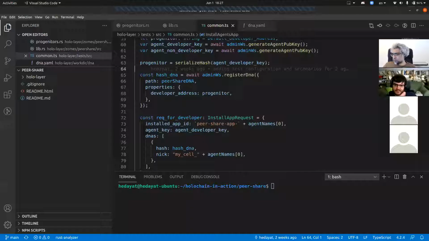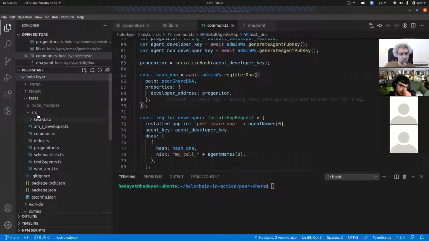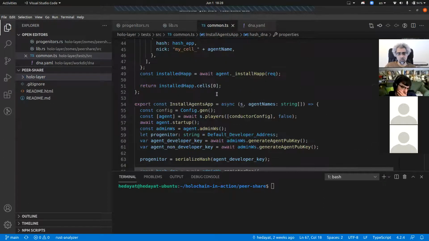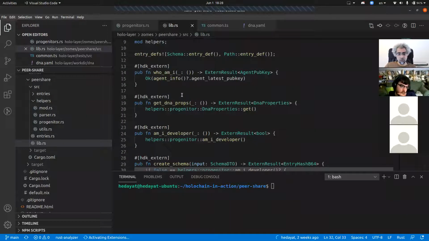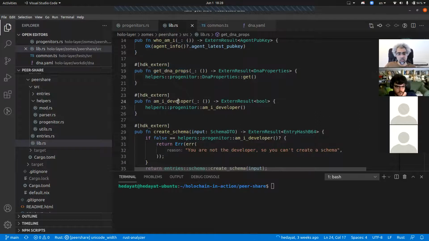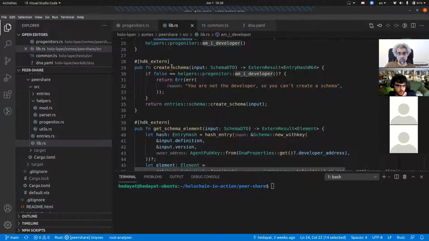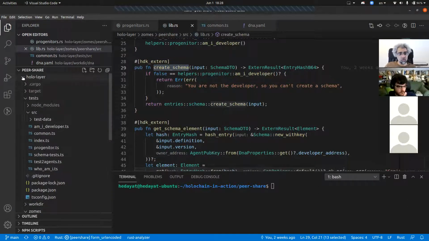So far, we created a peer share application. Up to here, you can go to the repository. As I mentioned, the link is in the description. In GitHub, you can clone the project and take a look. Here we have a bunch of public zome functions: who am I, get DNA properties, am I a developer or not, and create a schema. The test is there. And today we are going to talk about